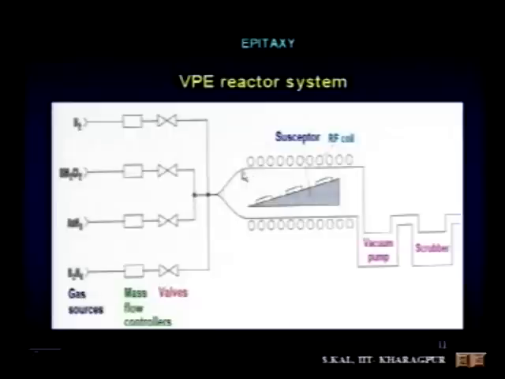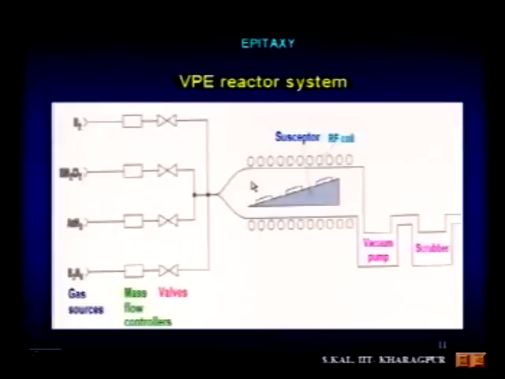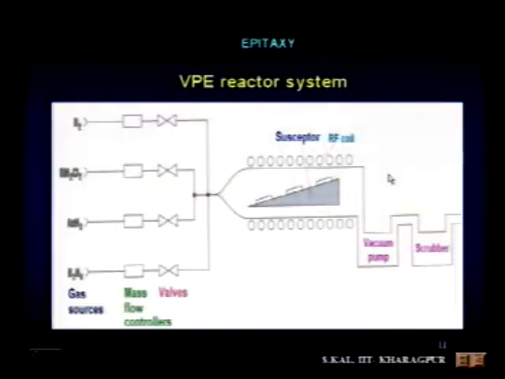This is the reactor, which is made of good quality quartz, and since the reaction takes place at a higher temperature, in the range of 1200 degrees centigrade for SiCl4 and in the range of 900 degrees centigrade for the silane reaction,